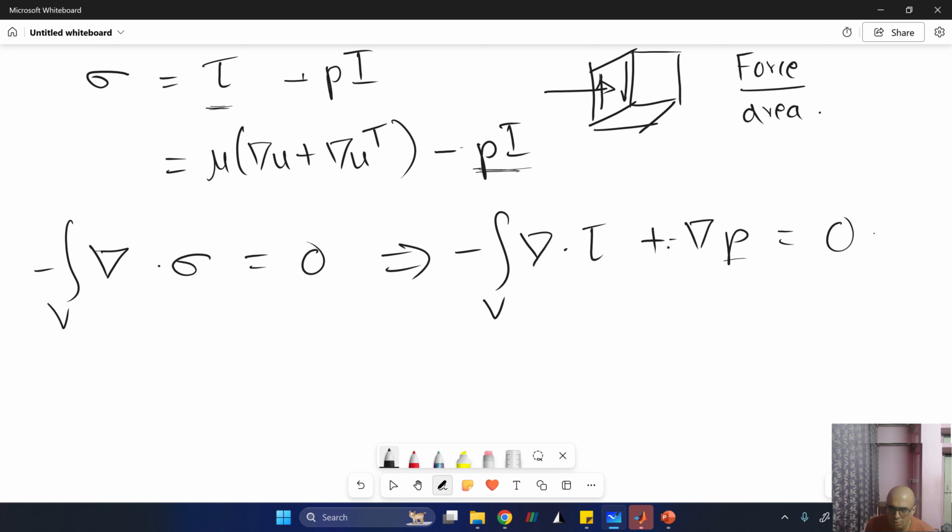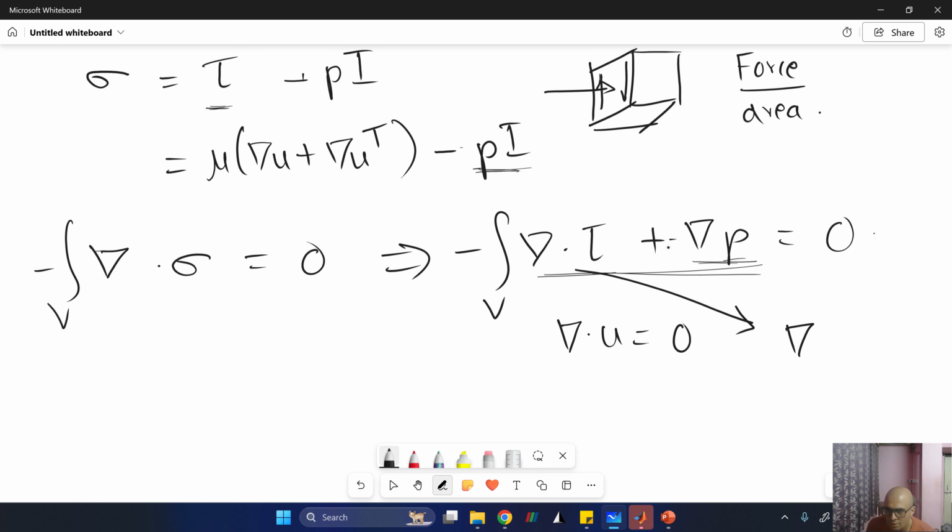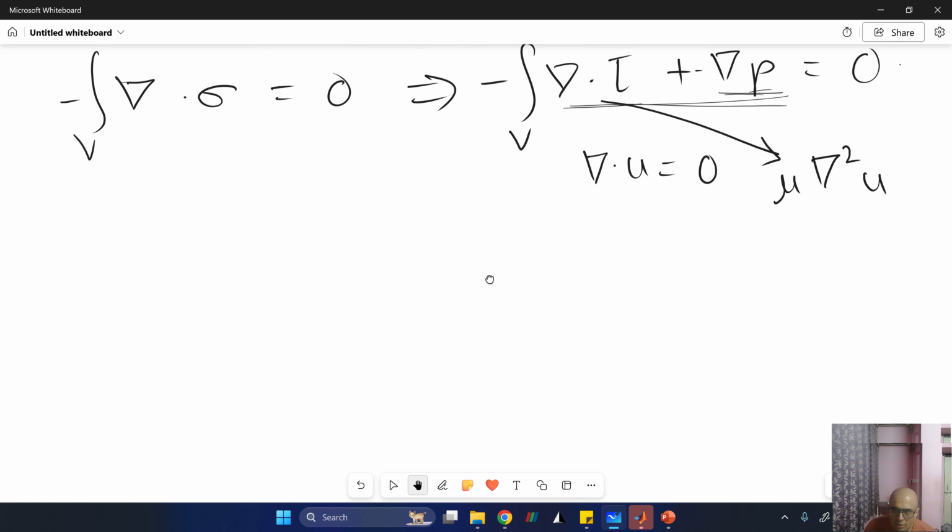Because pressure is a scalar, this is a gradient of that scalar, and this is again... So this will give you 1. So these are basically again your vector equations, right? And in case of your incompressible assumption, which is del dot u is equal to 0, this guy can be just simplified as mu del square u. This simplification you might find in a lot of textbooks, so no need to do this here. So let's just use this and write down our simplified equation as mu del square u